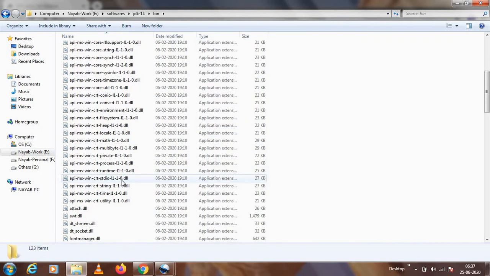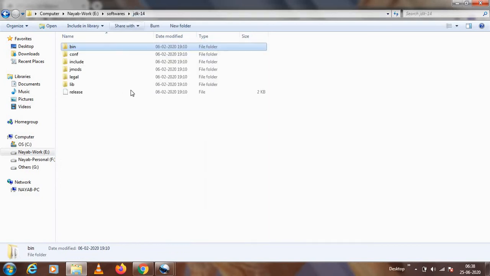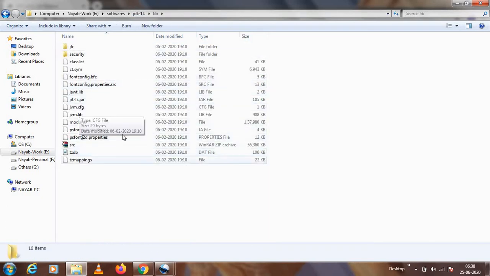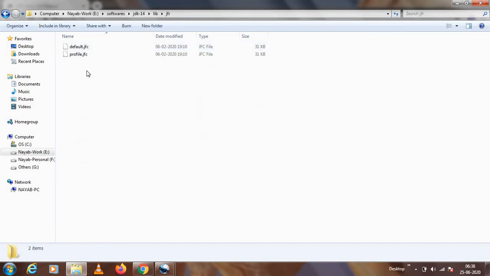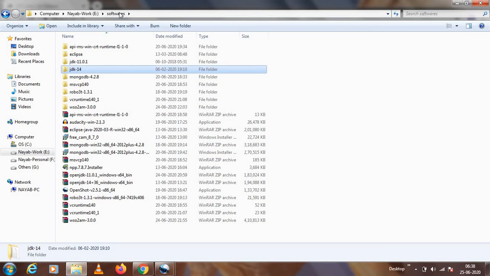I told you there will be two main important files, javac and java. These two are the main important files. In lib, there'll be so many jars, all the stuff will be there. We'll come to that maybe in future videos: what are the uses of jars and all the stuff.